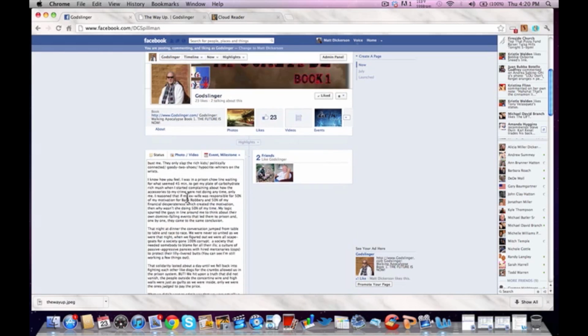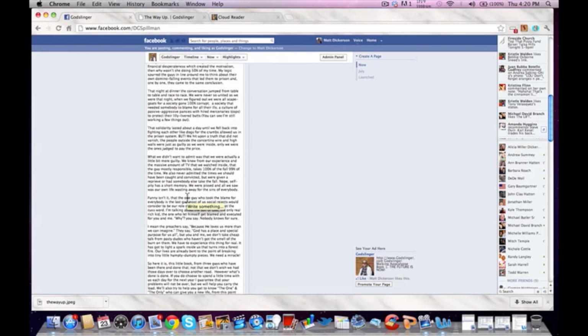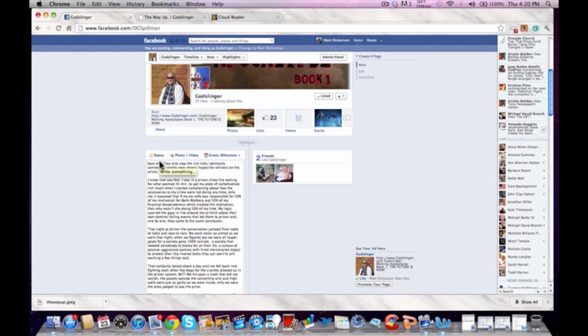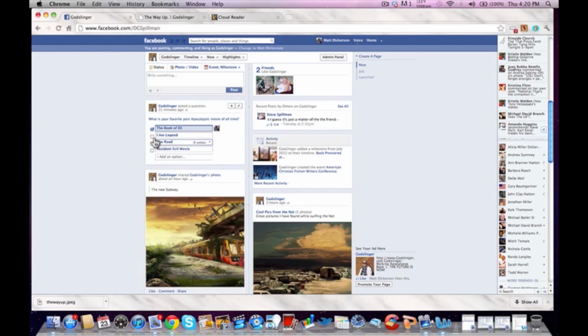was this long, that's probably not the best thing to do as a status. Actually, Facebook may kick this back to say this is way too long for a status update. And the option that you have is Facebook's blogging that they have for you. So what I want to do real quick is just grab all this and delete that so it doesn't